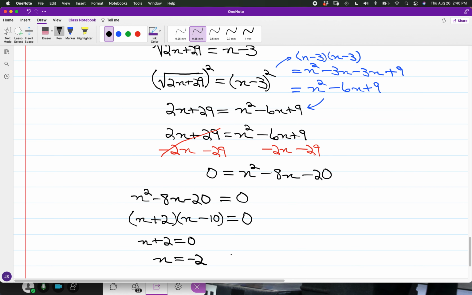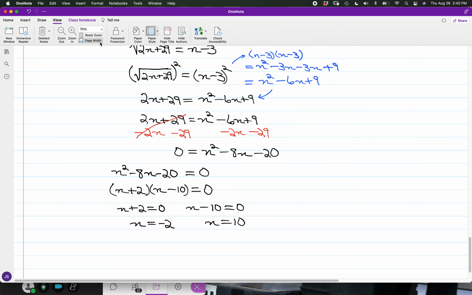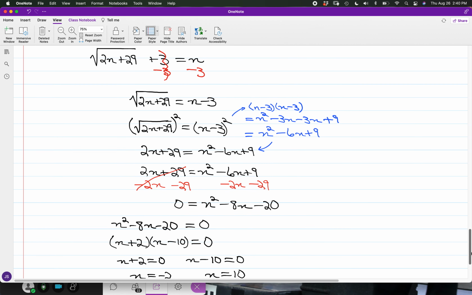okay, so we have n equal to -2, and for n minus 10 is equal to 0, we'll have that n is equal to 10. Okay, so we got two apparent solutions, but to see how these values will work in the original equation,